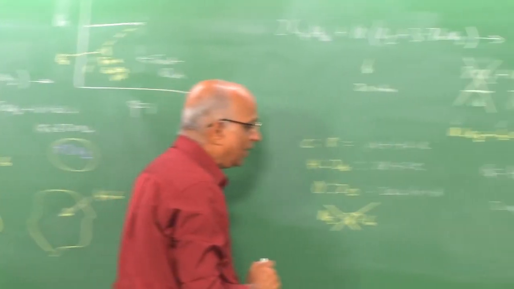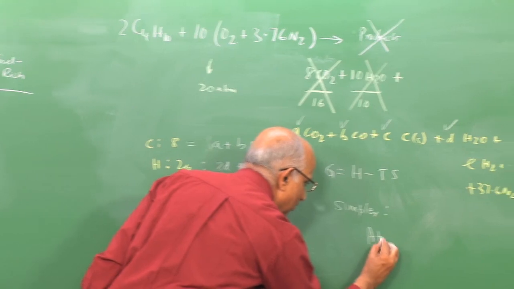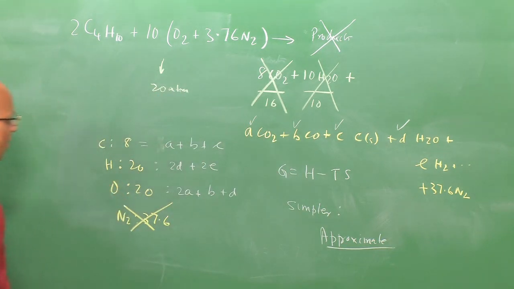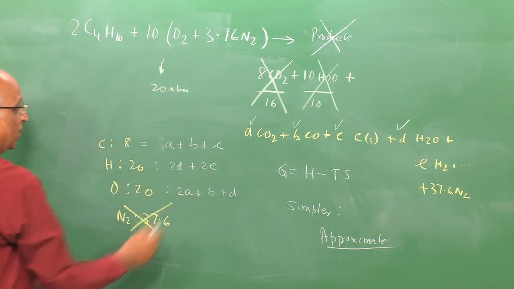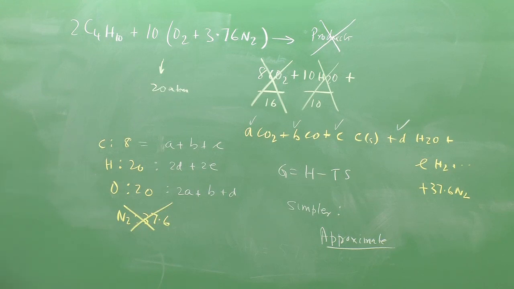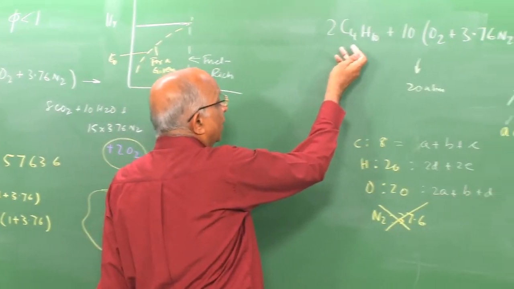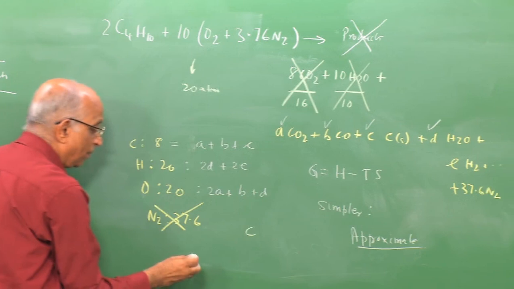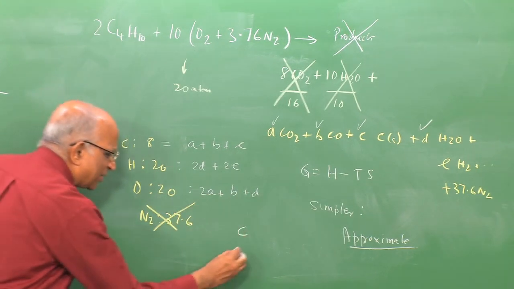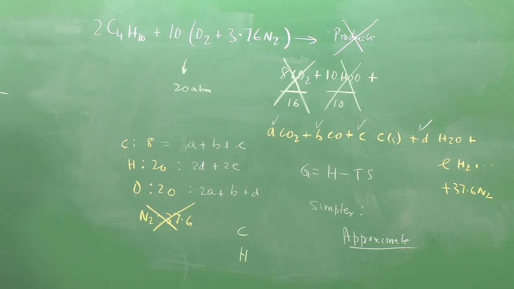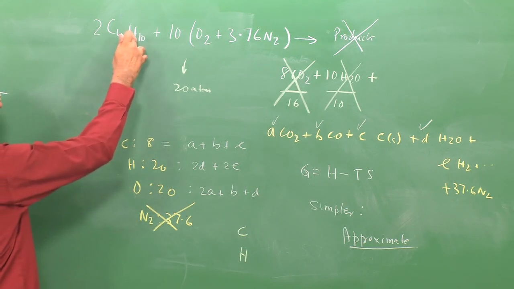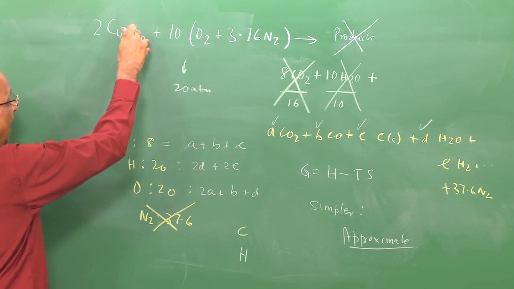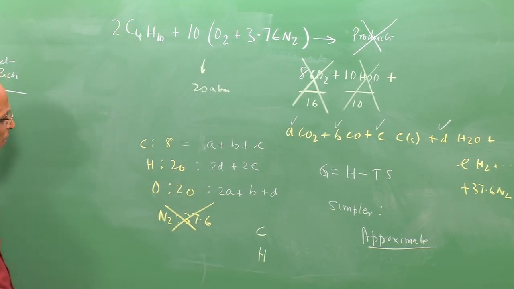Therefore, what is it I am going to say? Well, can I do this approximate analysis? We will just indicate how this approximate analysis is done. Since I have more variables than equations, I tell myself, well, in my reactant I have carbon and hydrogen. All of us know that charcoal or carbon takes time to burn, it is not as reactive as hydrogen. Hydrogen is a very reactive substance. Therefore, we can say hydrogen first gets consumed, it is much more reactive, and then carbon gets consumed, and therefore, we make some assumptions.